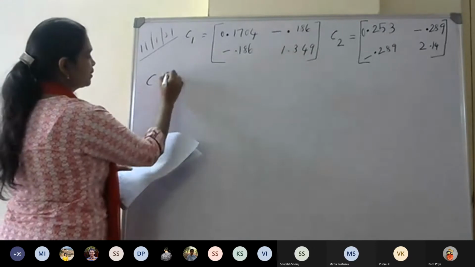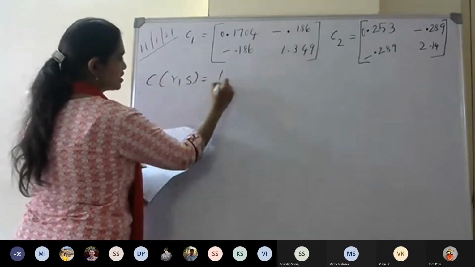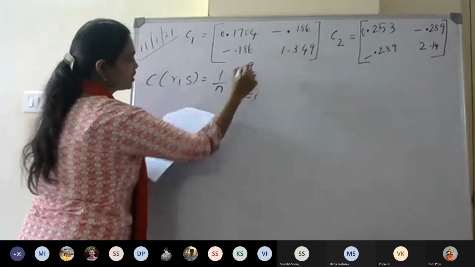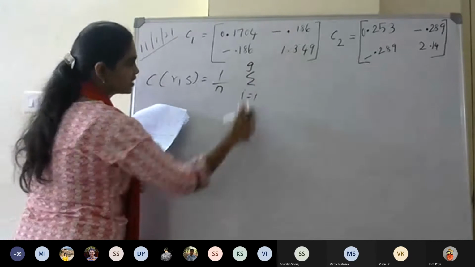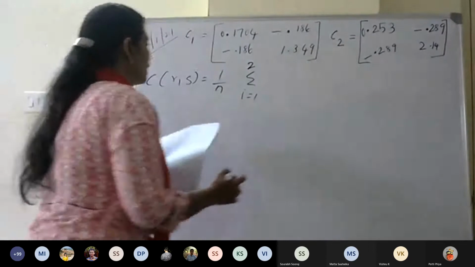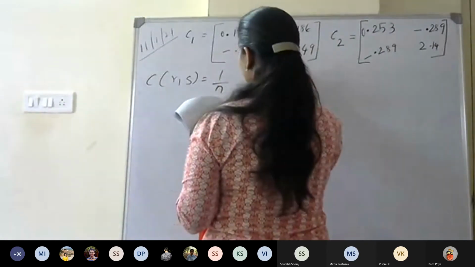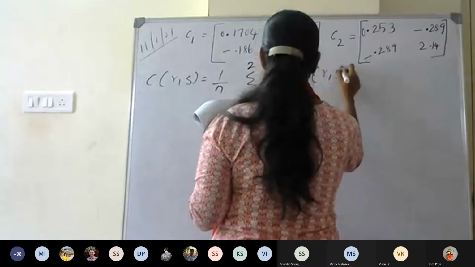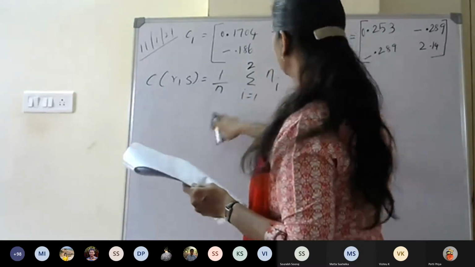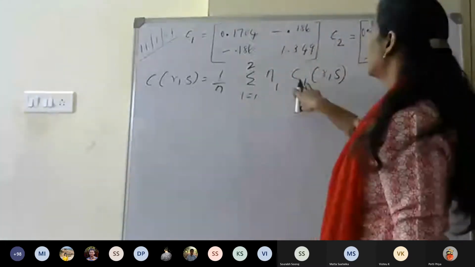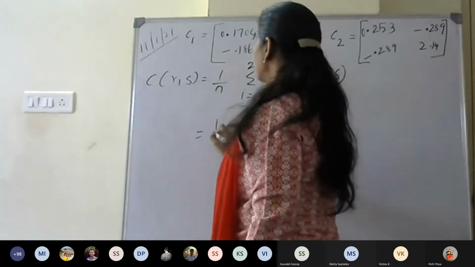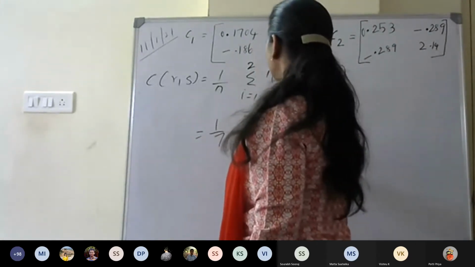So I will calculate the C of R comma S. This is equal to 1 by N into sigma i equal to 1 to G. G is the number of groups, so I can write it as 1 to 2 classes, and then Ni into Ci of R comma S. So this is the C matrix that we are going to calculate. This is C1 and C2. Ni is 4 and 7. So first time it will be 1 by 7 into 3 into